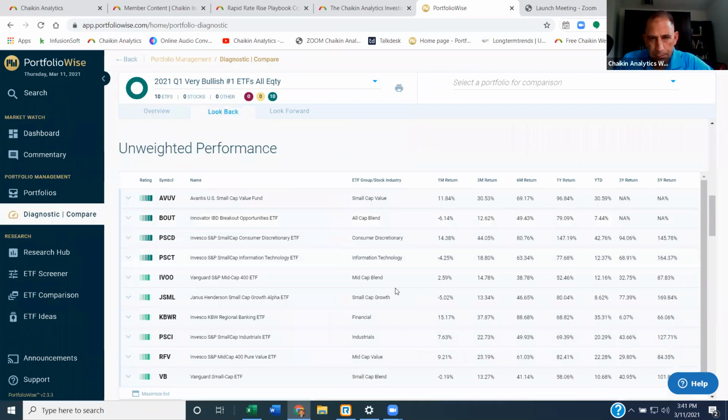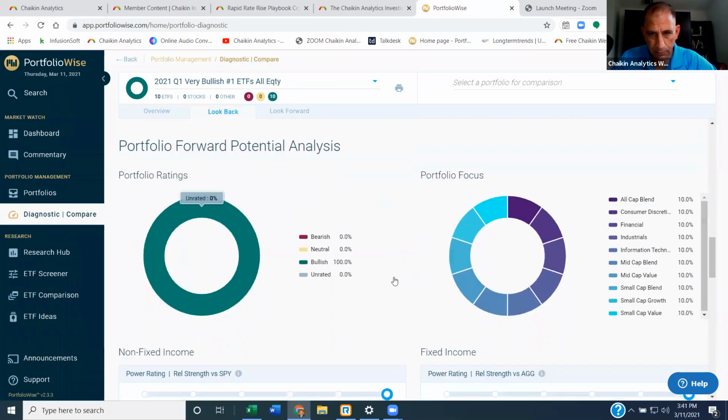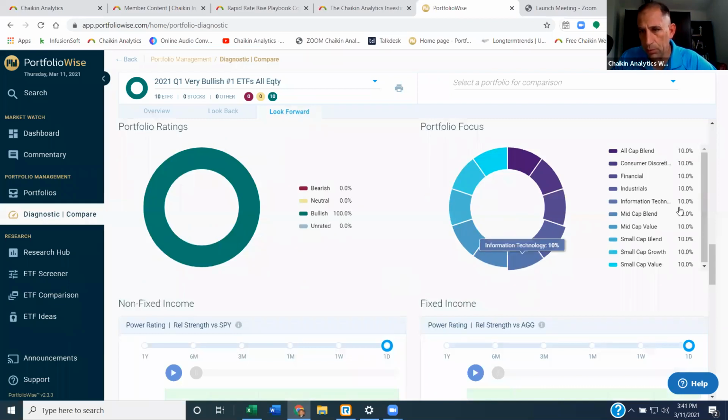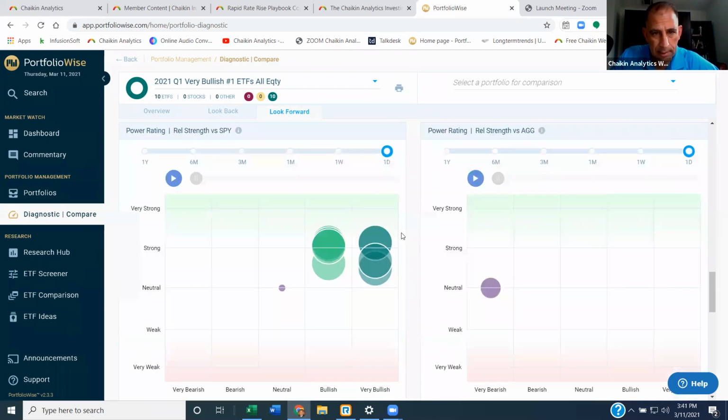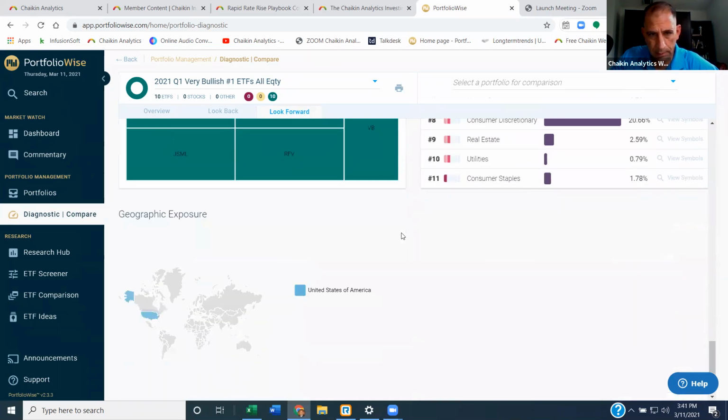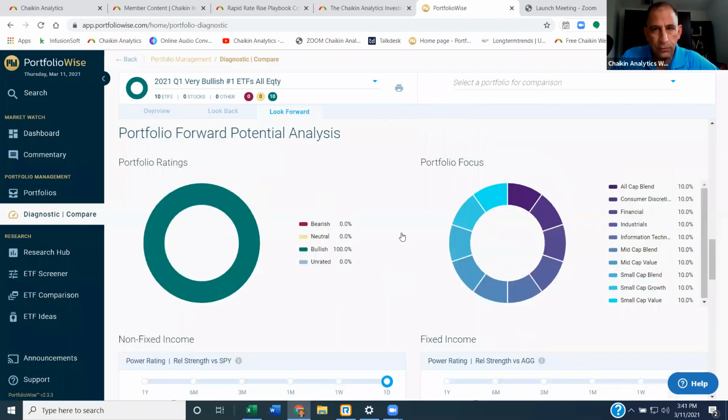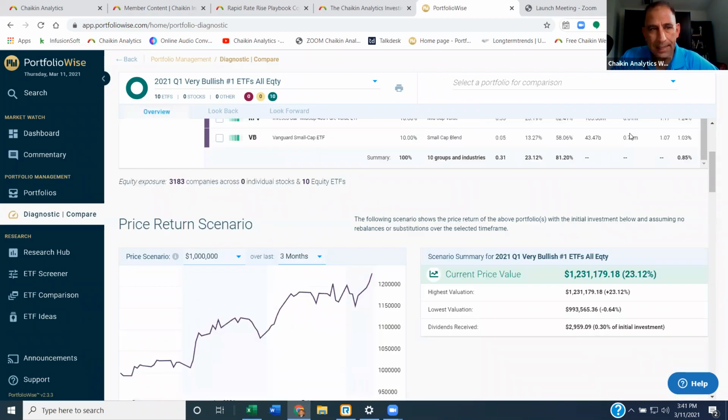And then it gives me the weighted performance, which ones are doing the best. So you can look at this, AVUV in that 3 months has done over 30%. It's pretty interesting. We know small caps have been outperforming, and it just tells me the focus where it's at. I just went completely evenly weighted. I didn't do anything fancy. I didn't overweight or underweight anything, right? So I went completely straight down the line and equal weight. So now what can I do with this? I can actually